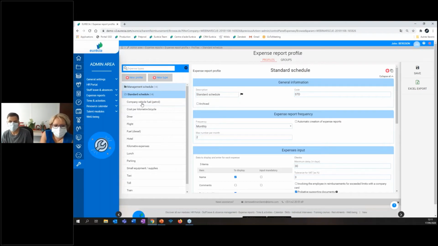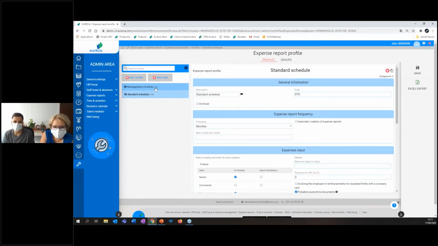So Joris showed you how to set up an expense profile. So here in the example, we have management and standards. So if you want to add another one, obviously, you have the little plus. If you want to use what's already in the platform, you can use the